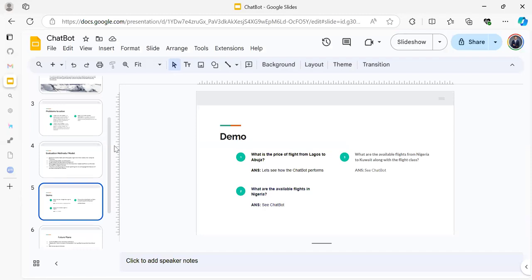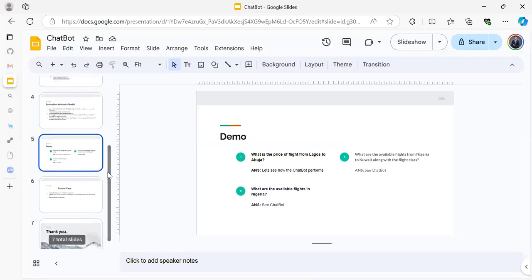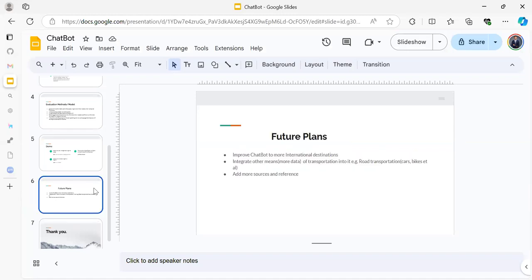That's the demo. And then I had challenges, no doubt, while working on this project. Normally challenges are part of the learning process, and overcoming them. Because of those challenges, I've been able to map out some relevant future plans that I intend to work on, because I will not just abandon it like that. It's a project that I'm very interested in and I want to expand it.